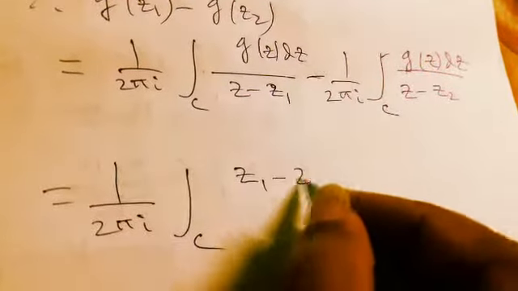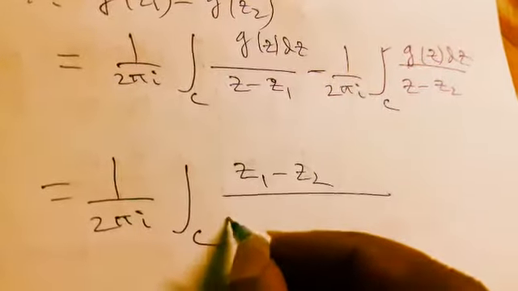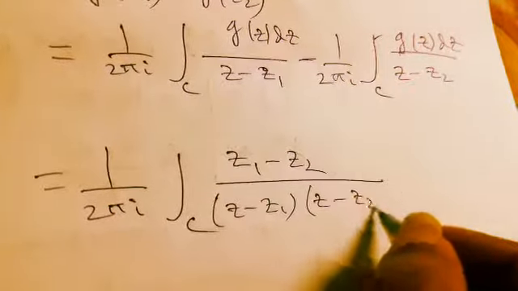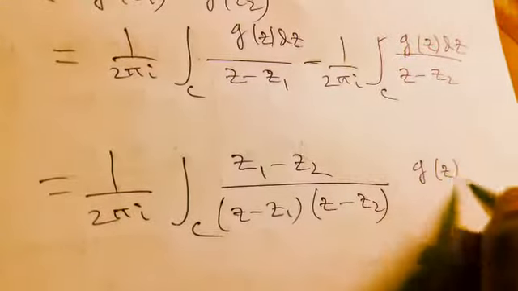So z1 minus z2 divided by (z minus z1) into (z minus z2) g(z) dz,